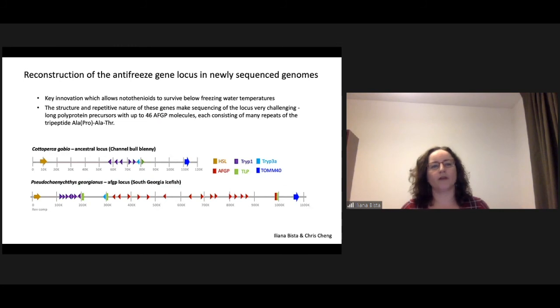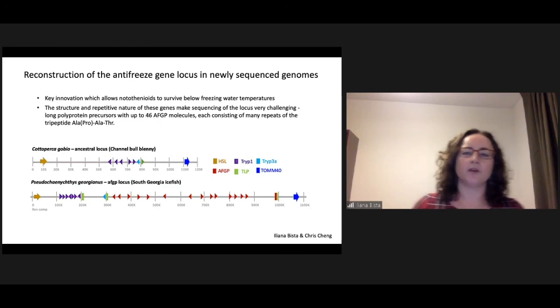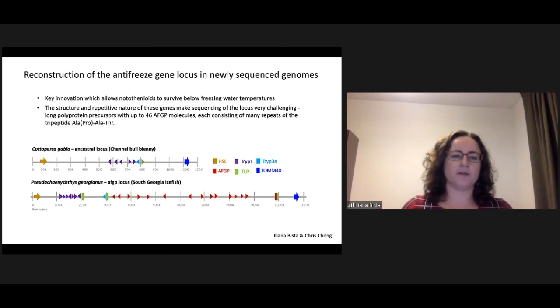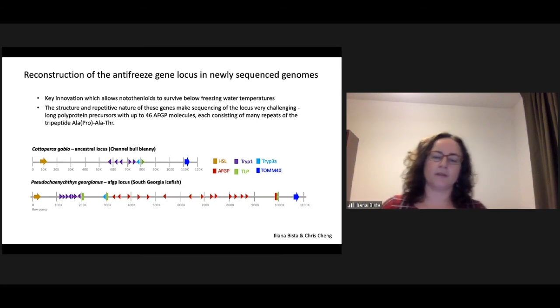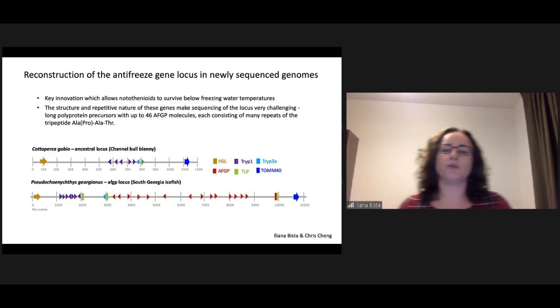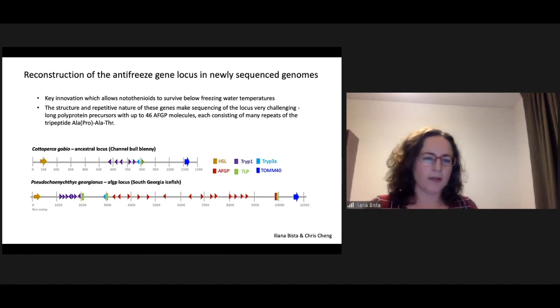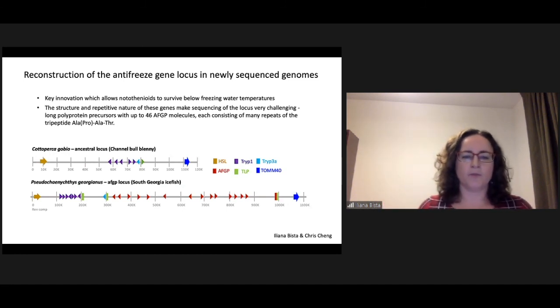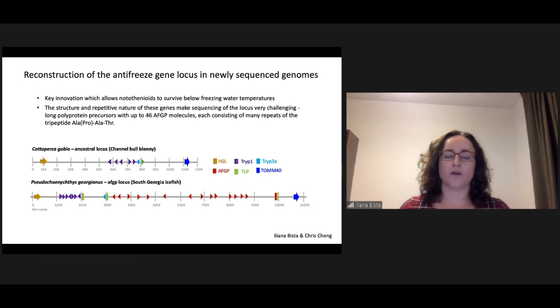Additionally, we have been working on reconstructing the antifreeze gene locus for this species. As I mentioned at the beginning, the antifreeze genes were a really key innovation that enabled the notothenioids to avoid freezing at water temperatures below zero, as happens in the Southern Ocean. Nevertheless, reconstructing and assembling this locus correctly had been very difficult in the past because of its repetitive nature and